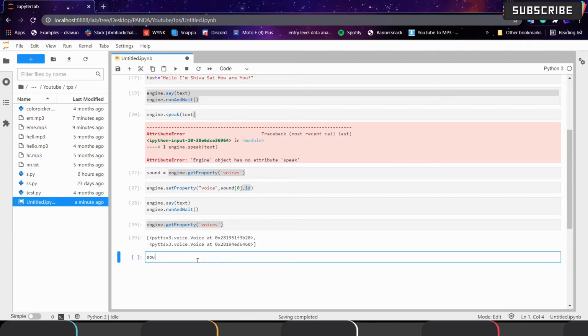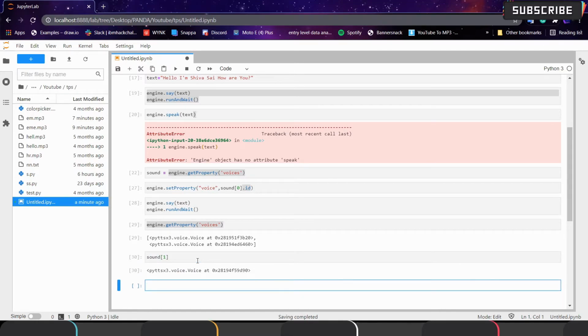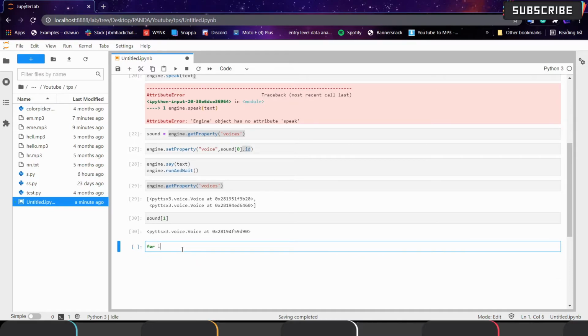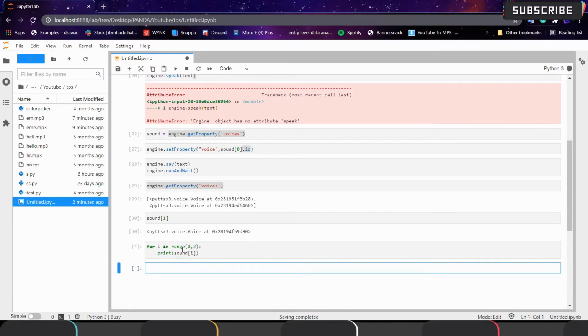Okay, give me a minute. Sound of 1. Okay. For sound in range, 1 comma 0 comma 2, engine. Okay, print sound of, so I'm printing the two values.